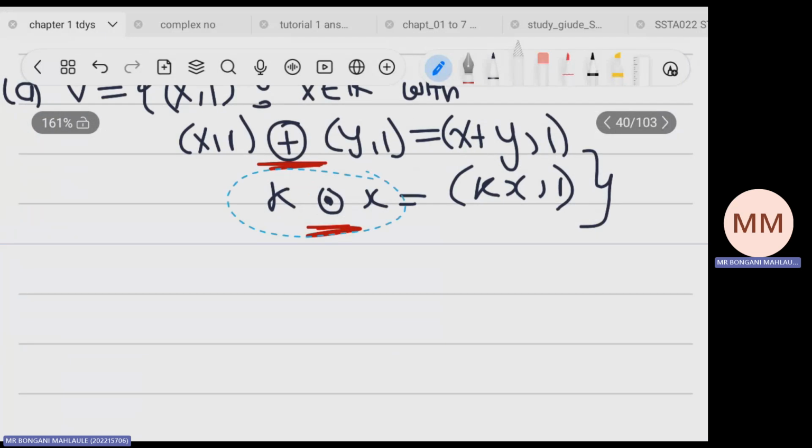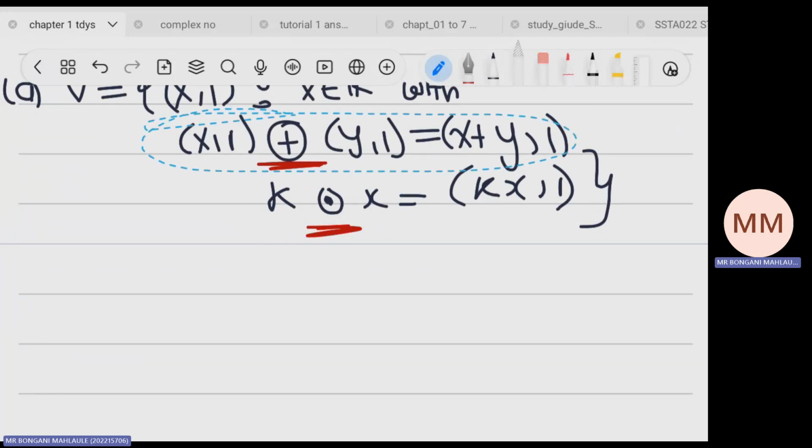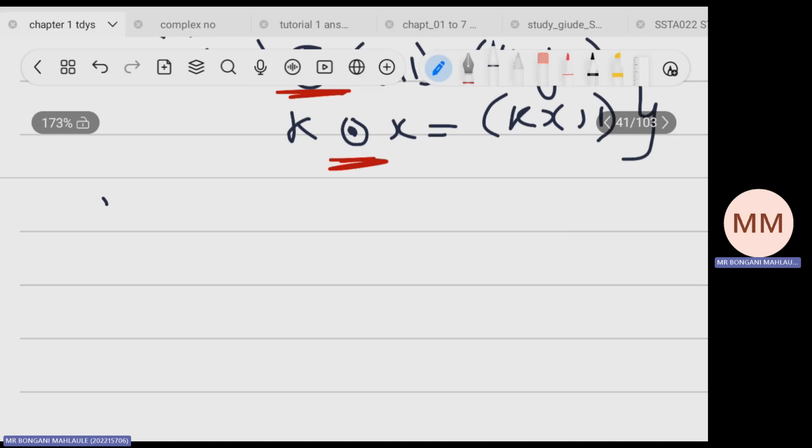So obviously this is scalar multiplication, and then this one is scalar addition. So your solution,